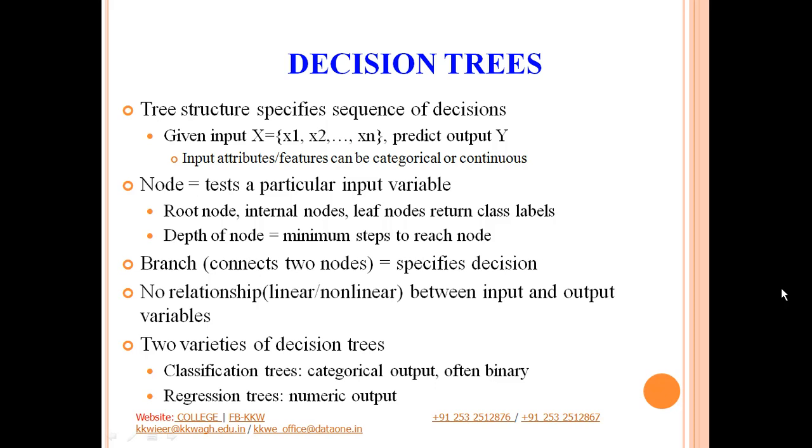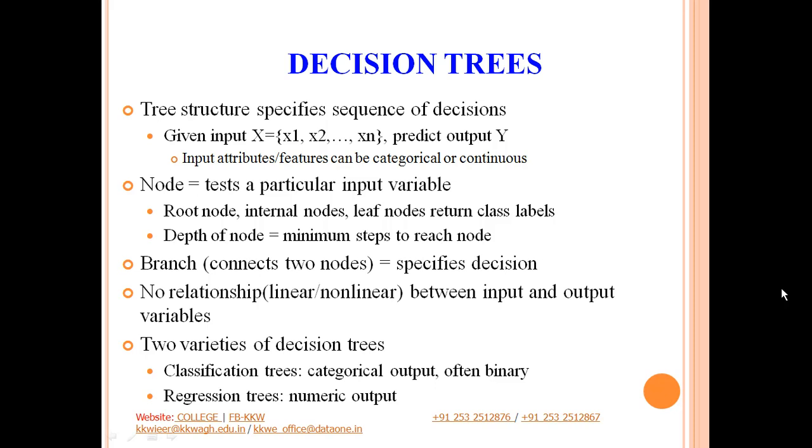Then there are different types of nodes in a decision tree. The node with which we begin constructing our decision tree is obviously our root node. Then we proceed and construct the nodes of the first level, then the next level, then the next level, and so on until we get to the leaf nodes. Now what are these leaf nodes? Leaf nodes are nothing but our final outcome. Now what is this final outcome? Final outcome is nothing but our class label or the label for our output variable, that is Y. So that is represented by leaf nodes.